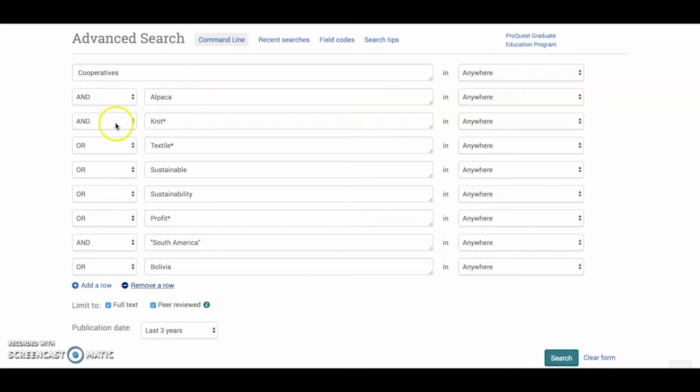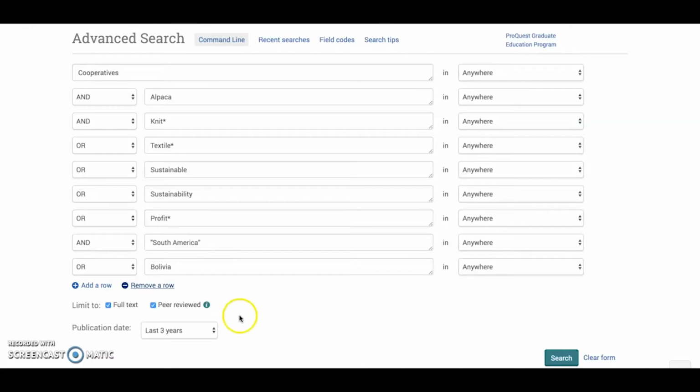So I've added these ands here as a way of making sure that the search knows I want all 3 of these things together in the same document, because that'll give me results that are the most helpful to me. I've added ors to these terms because I'm interested in documents that might talk about any of these 3 things with any of these 4 things. I've added an and here for South America, but an or for Bolivia, because I'm most interested in Bolivia, but I'd be interested in discussions around production in South America via cooperatives, no matter what